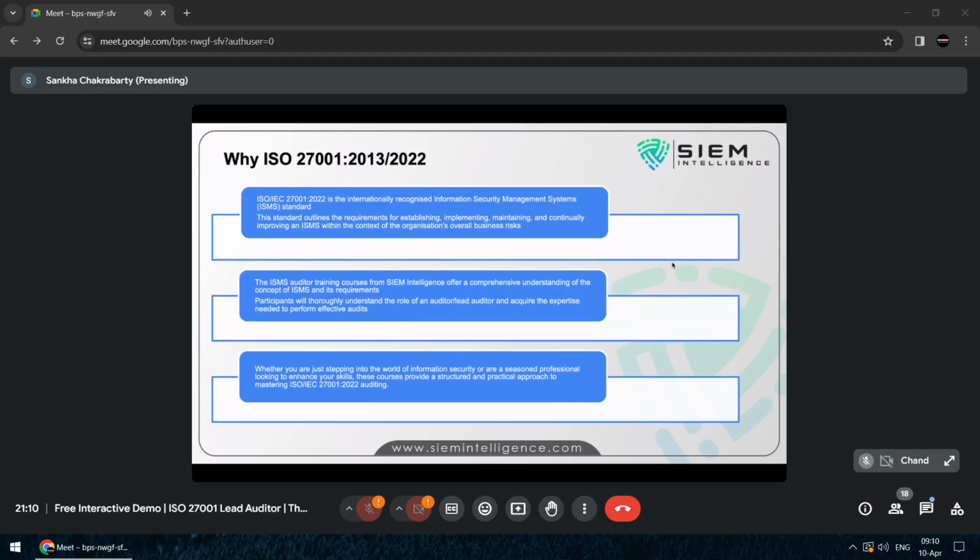Regarding the SOC, you can connect me separately, sir. Then I'll tell you in detail what SOC is. Since it's an ISO session, I am not shifting to SOC. SOC security controls are based on five fundamental principles: confidentiality, processing integrity, availability, security, and privacy. So that is different. You may find some controls similar, but that is totally different. SOC 2 type 2 and ISO are different. Okay, I'll go to the next slide.